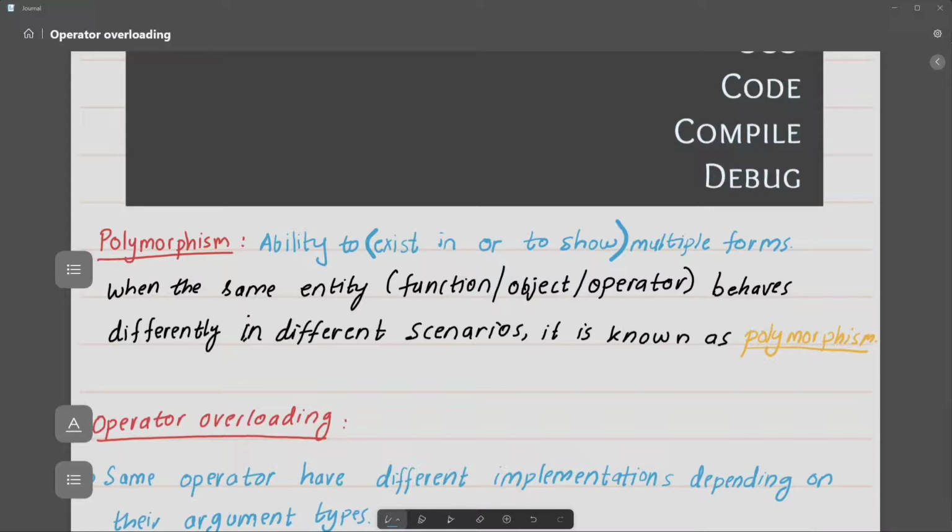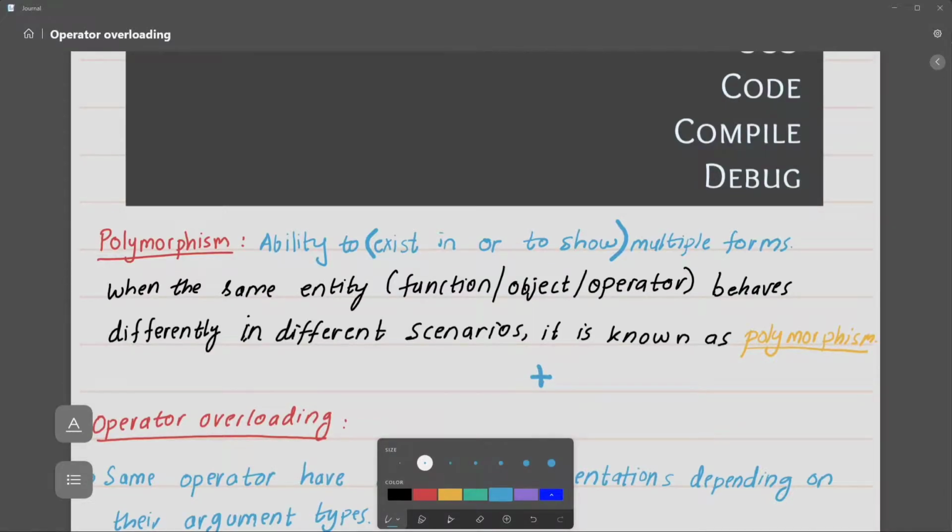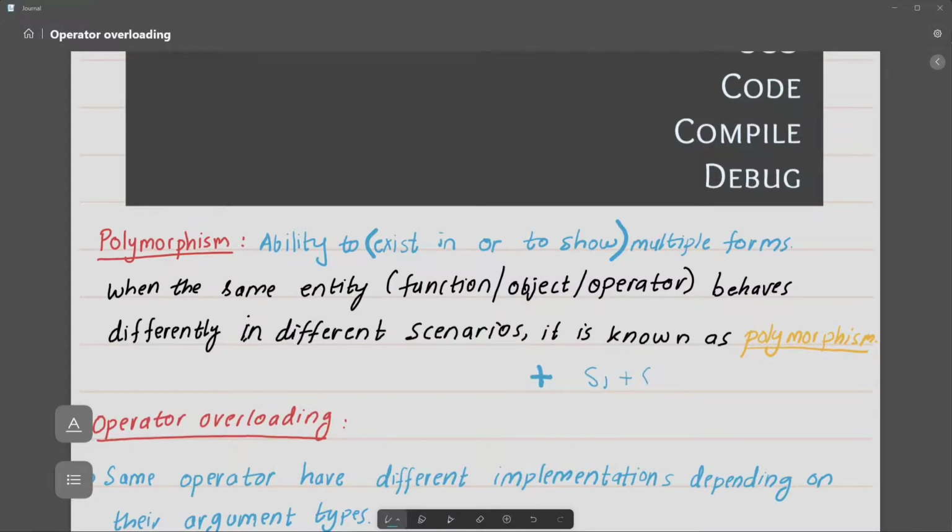For example, if you use plus in the case of strings, like s1 plus s2, it just concatenates them as s1 s2. But if we use it with numerals, like 3 plus 3, it just adds them, and it's 6. So this is a kind of polymorphism.